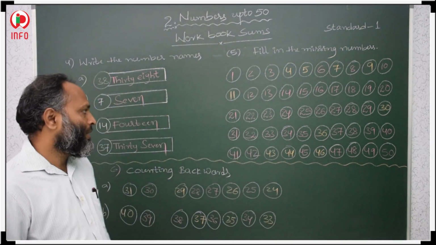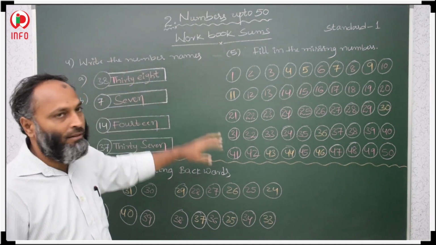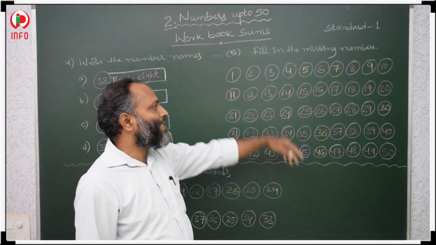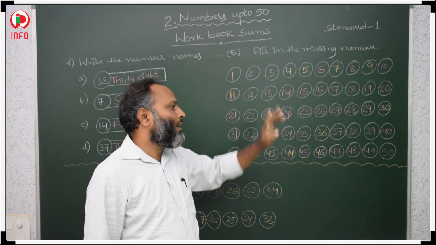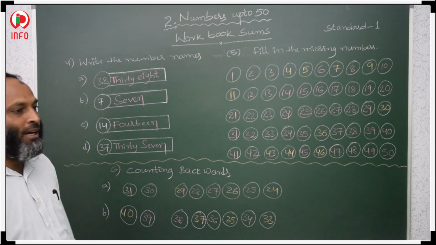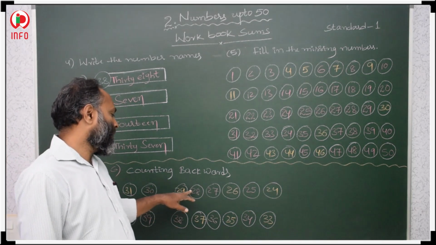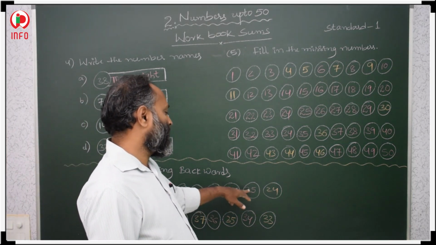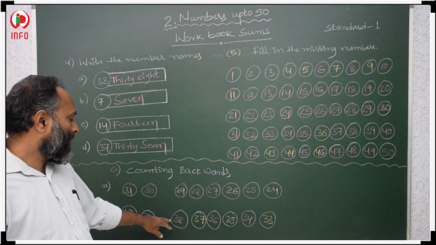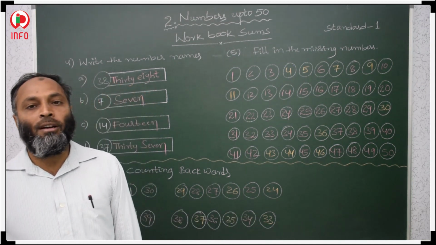So in these three questions, first, the given number we write in name, and these are the missing numbers. What are the missing numbers? We completed them in the given circles, and here counting back. Backward counting like 31, after 30, 29, 28, 27, 26, 25, 24. 40, 39, 38, 37, 36, 35, 34, 33. This is the backward counting. Okay.